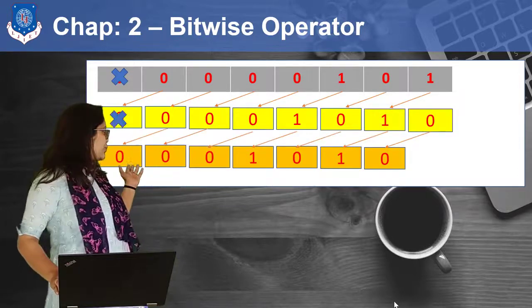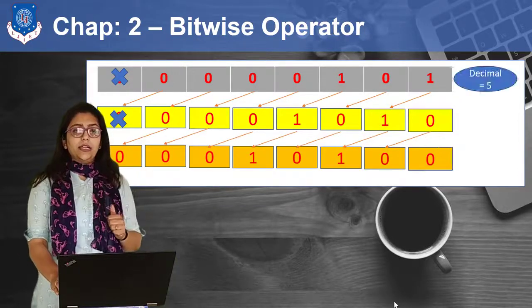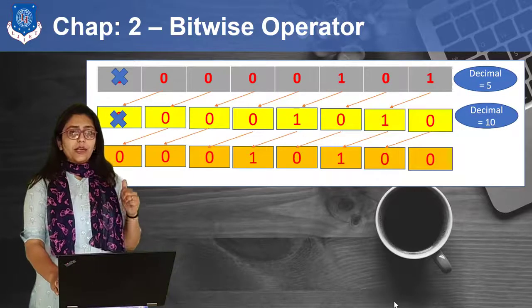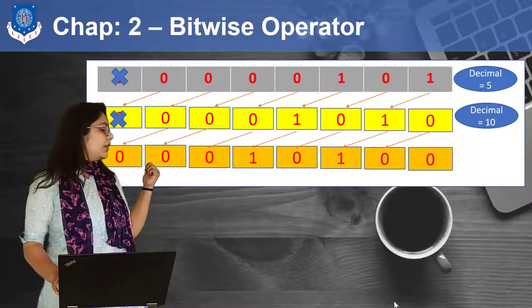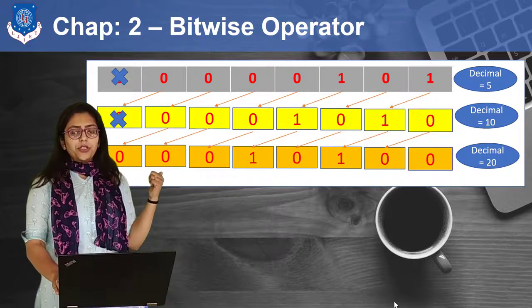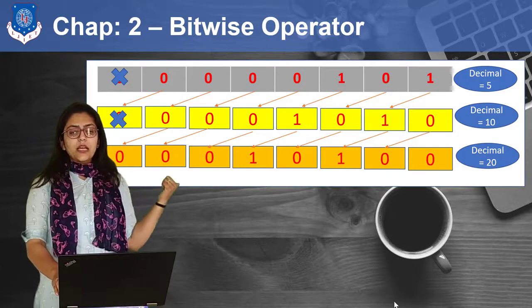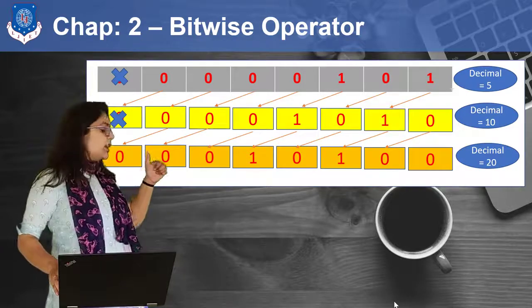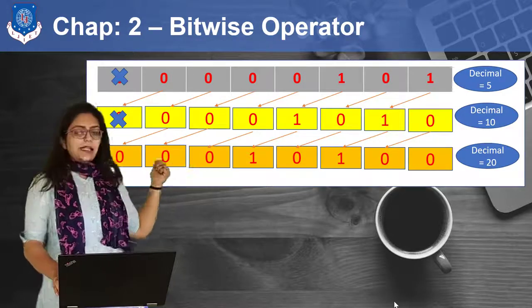Now here I am showing you how exactly you can use shift operators. You can see the operation being performed over here. This is how the operation looks. You can see decimal 5 is shifted by one place.